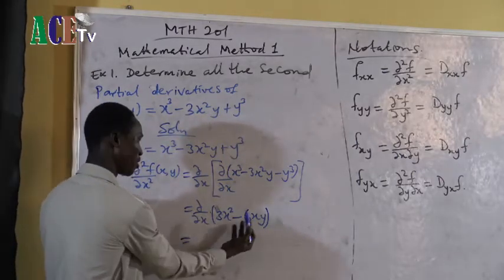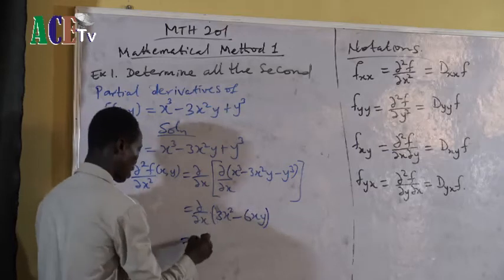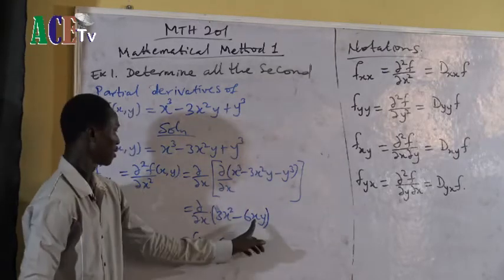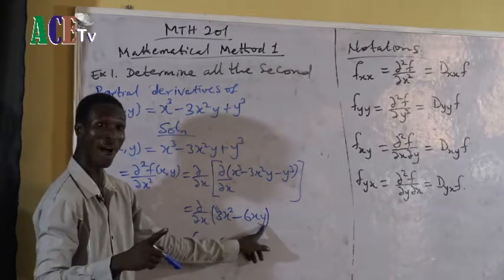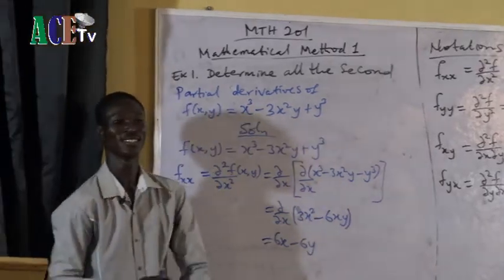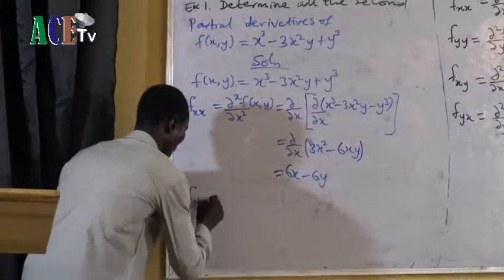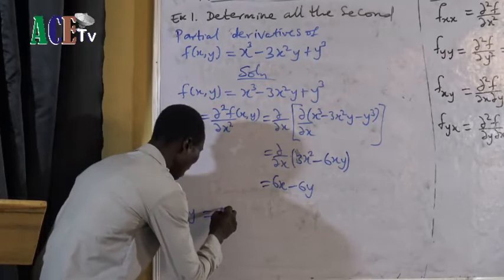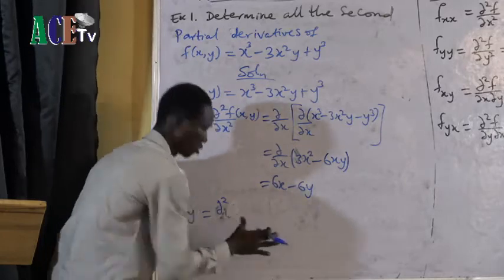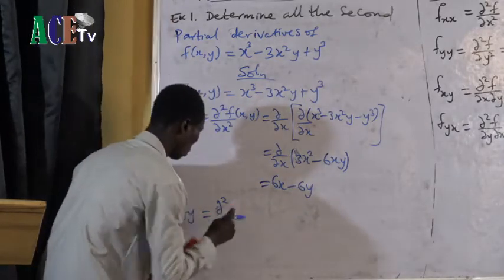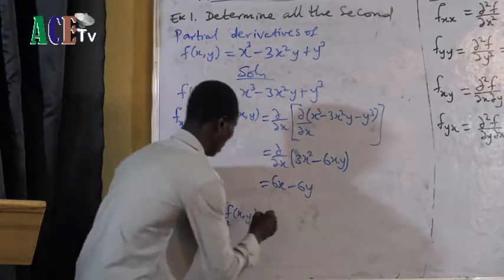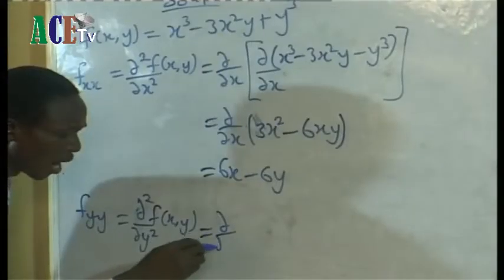Differentiating this one again with respect to x will give me 6x minus 6y. This x will be 1, then 6y, y is a constant. And that is the answer for f of xx. F of yy means the square f of x comma y, the y square,